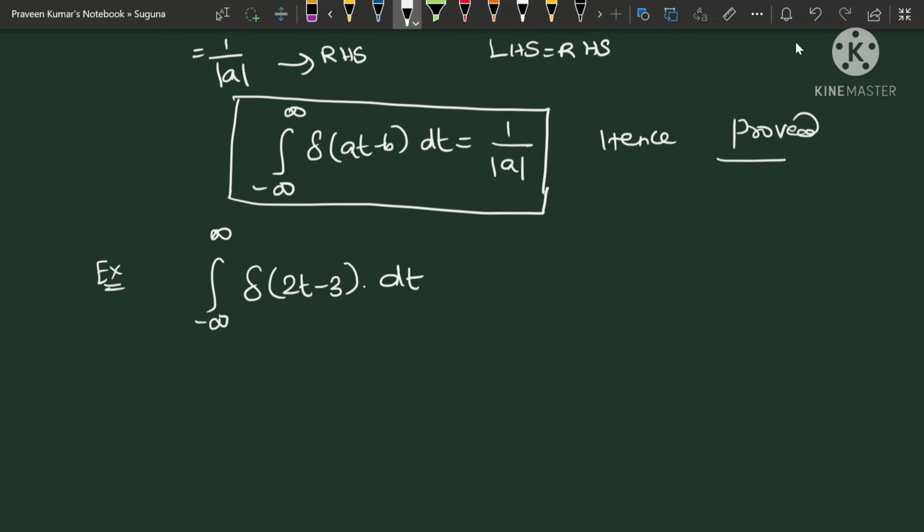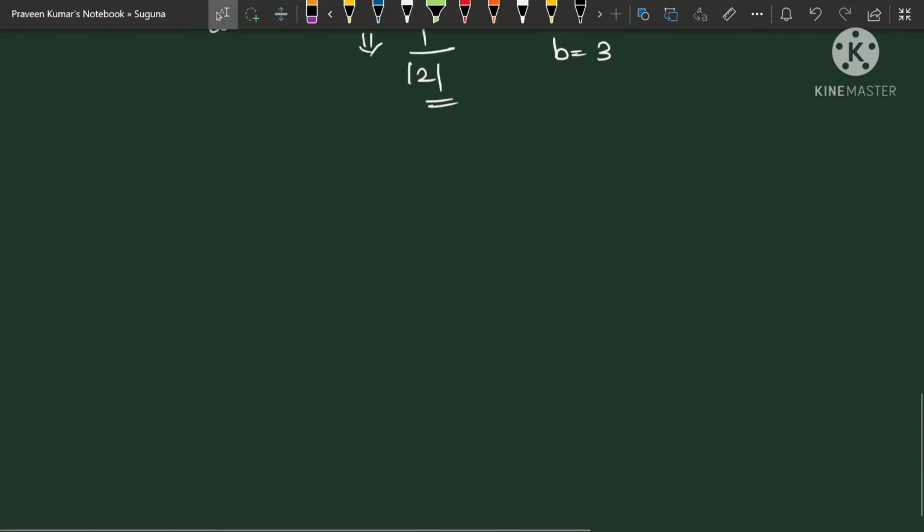As we know, del of at minus b into dt is equal to 1 by a. So here a is equal to 2, right? b is equal to 3. So what is the answer directly? Which is equal to 1 by modulus of a, right? So 1 by modulus of 2. This is the answer. Okay, so now if you don't remember this equation and you need to derive it, then